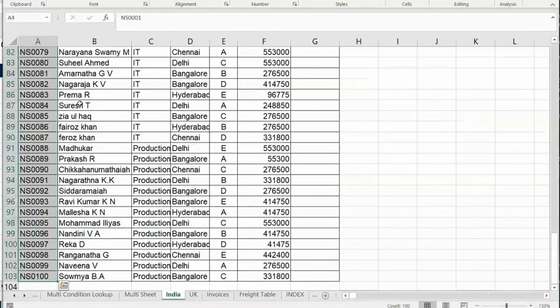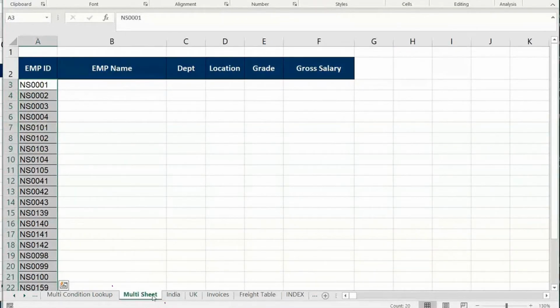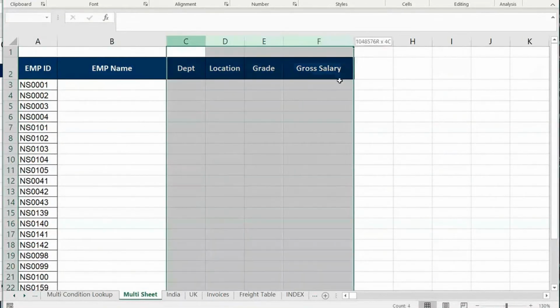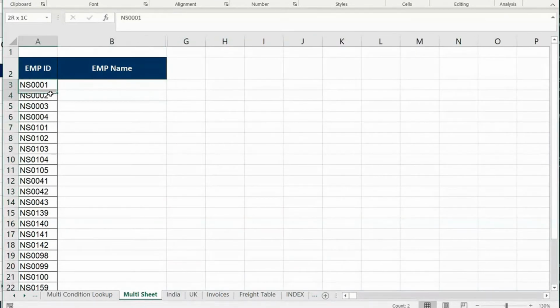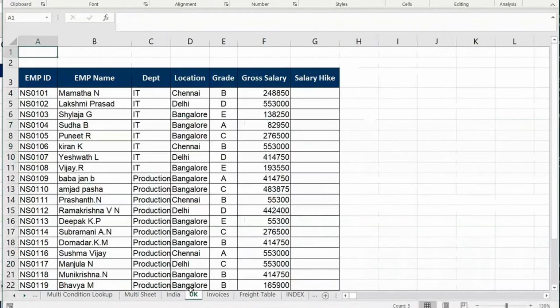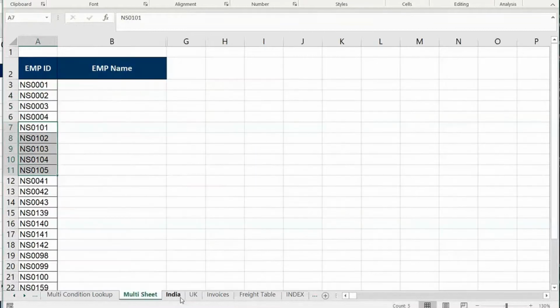Now what I need, in one of the sheets, the multi-sheet, can you see this? Here I need to grab the employee name, and the other things let us ignore, you can treat it as practice later. I need to bring the employee name. The ID's availability can be irrespective of any sheet. See, 1 to 4 are India's employees, 101 is not part of India, they are from the UK. Irrespective of 2 sheets or 3 sheets, I should be able to bring my information. That is the beauty application of IFERROR.